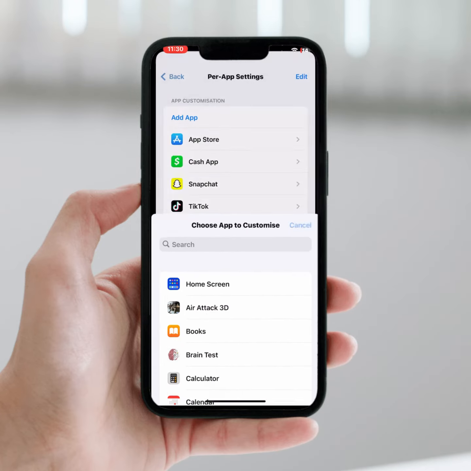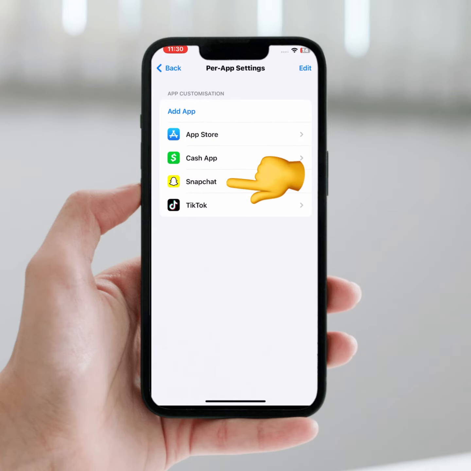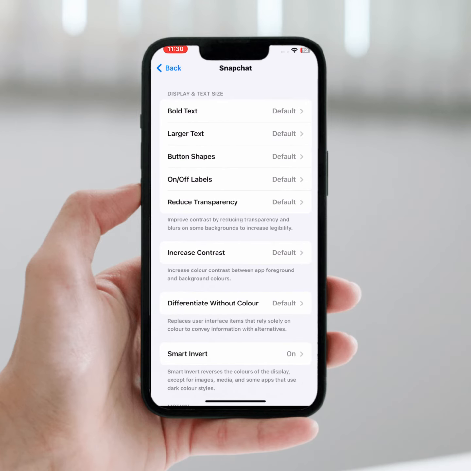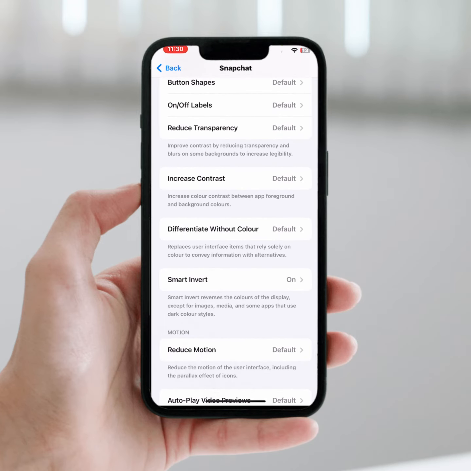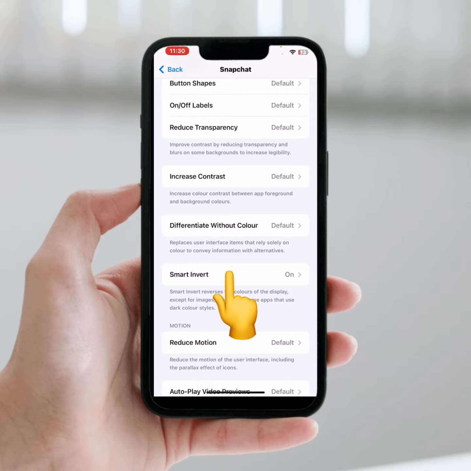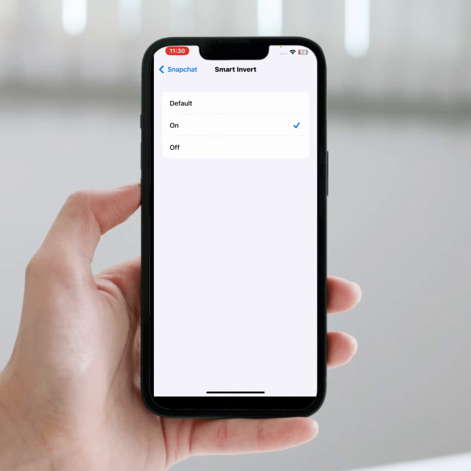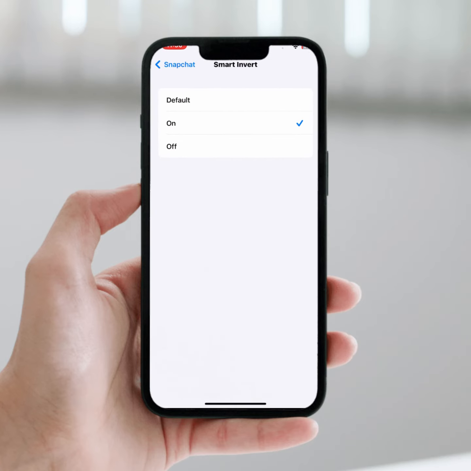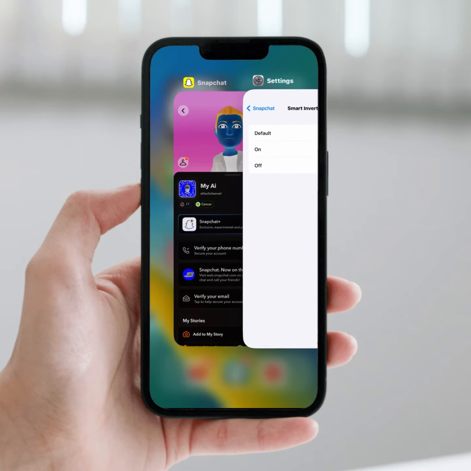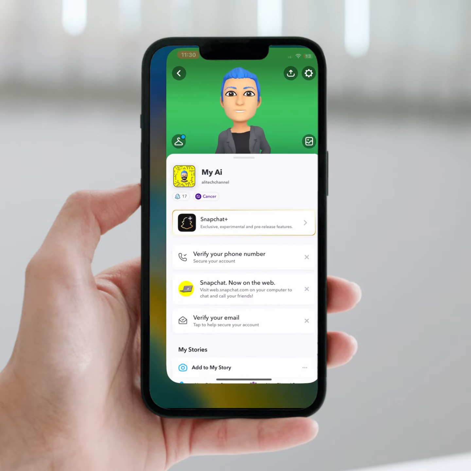I am already added, you guys can see Snapchat. Tap on Snapchat, scroll down, Smart Invert, tap on this. From here you make sure that it is turned off, go back, you guys can see,